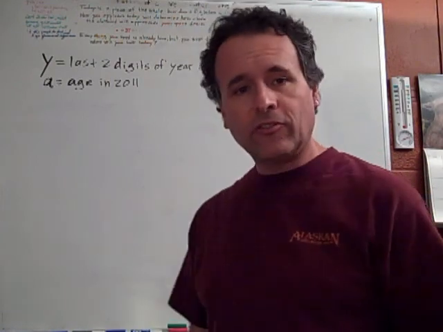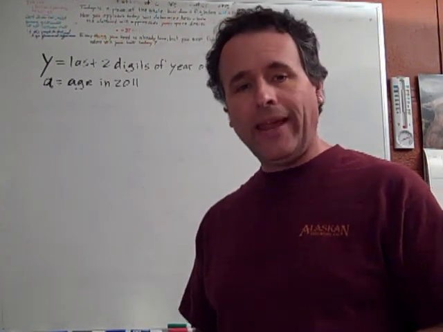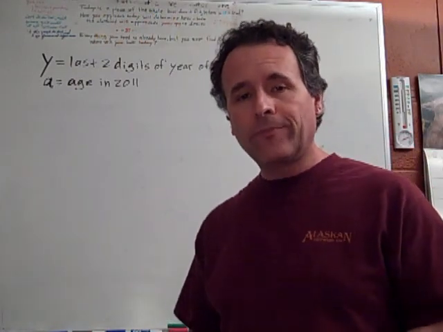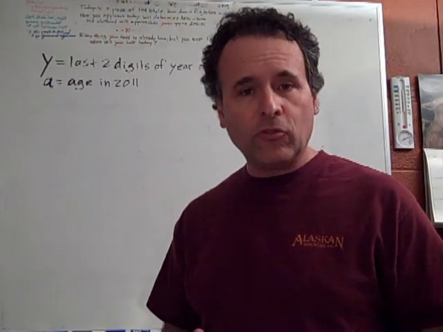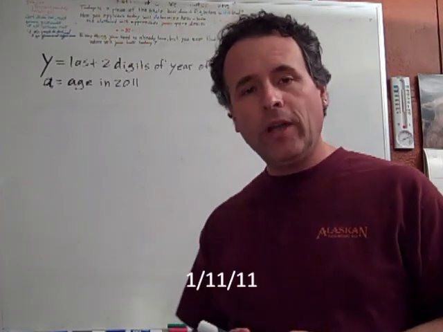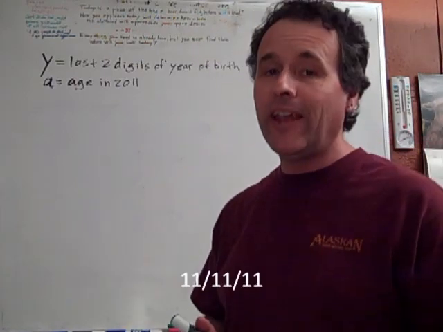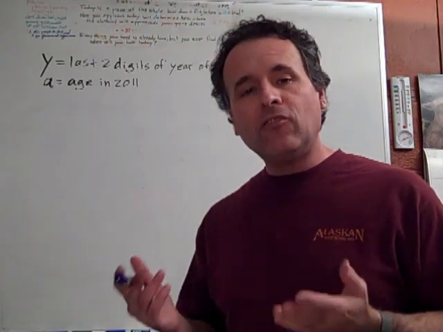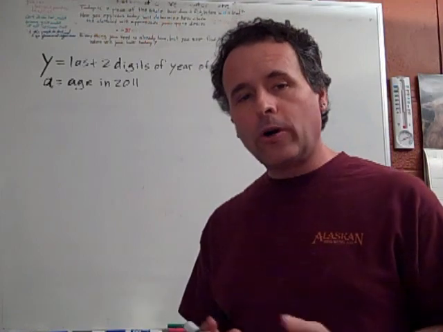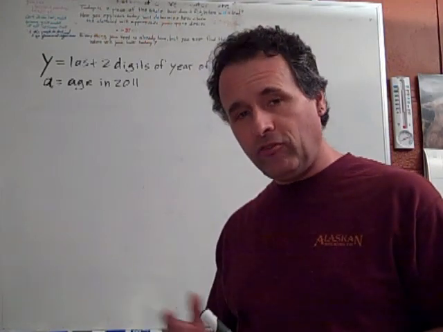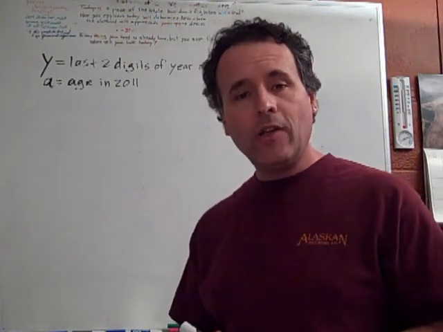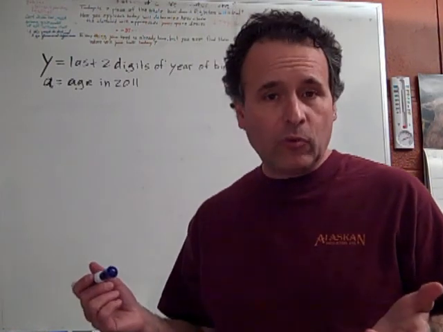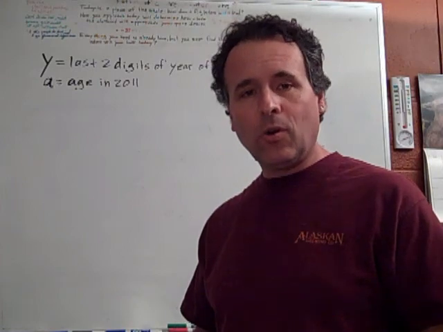Thanks for your questions. This week's question comes from Ann Clark, who points out something that's been floating around on Facebook. Now, this year has some special dates like 1-1-11, 1-11-11, 11-1-11, and of course, 11-11-11. If you take the last two digits of the year you were born and add it to the age you will turn this year, the result will be 111, regardless of what your age is. So, Ann's question is, how does this puzzle work?